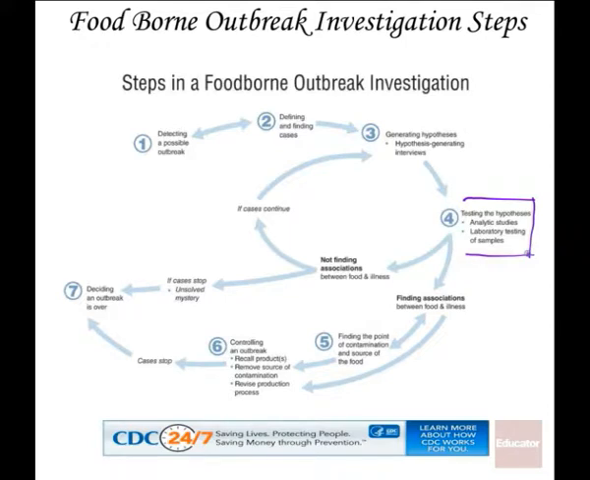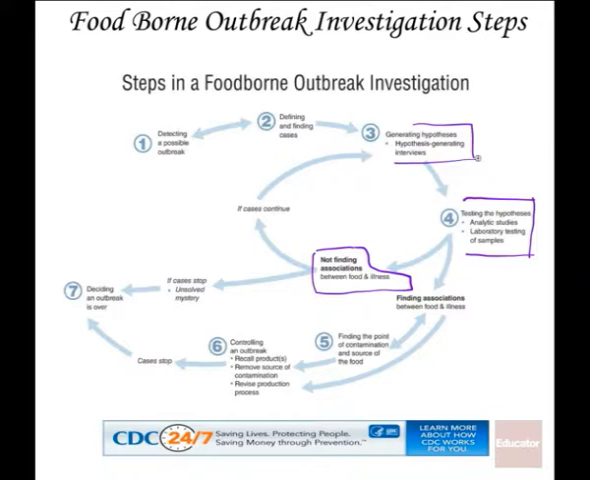Now, if, for instance, at that point you pull the food off the market and you didn't find that it made a difference, okay, then you have to repeat. If the cases continue, you have to generate a new hypothesis. And this actually occurred in the Salmonella St. Paul example that I described in the other food outbreak lecture. So then, for instance, after trying another